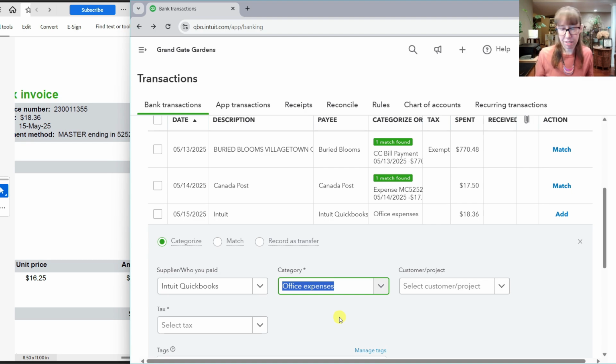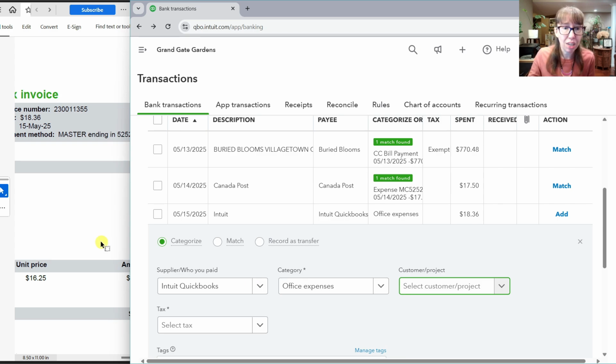QuickBooks, and office expenses is what I'm going to put this to. I don't put things to subscriptions because nowadays that's a throwback to a long time ago. Now that we're in the internet and digital age, our subscriptions are like digital tools, right? So maybe Canva is a digital tool. And then I would consider the bookkeeping software office expense. So I tend to not use subscriptions because it's too vague and not specific enough for what I think would